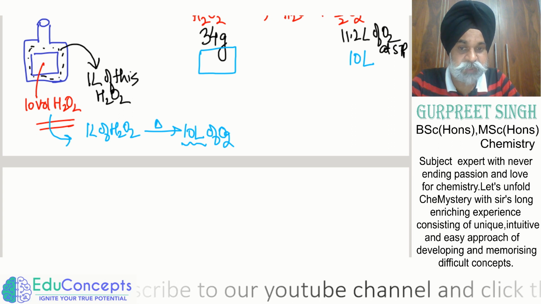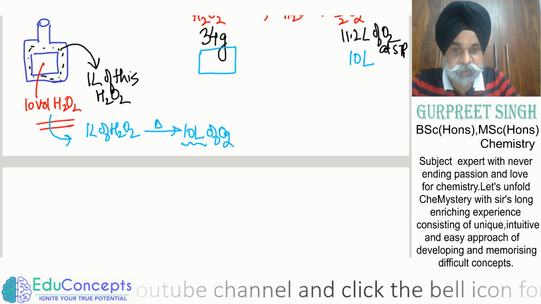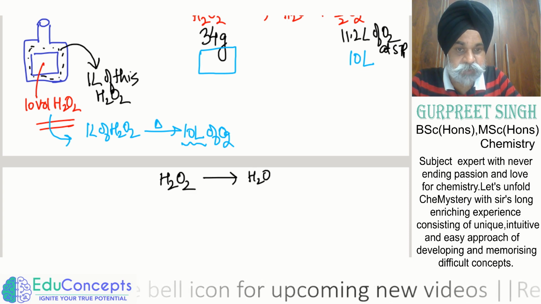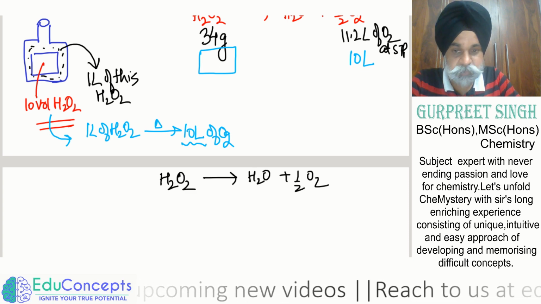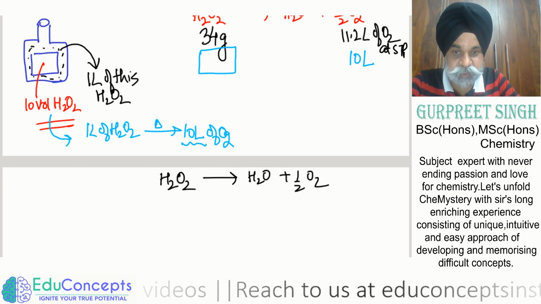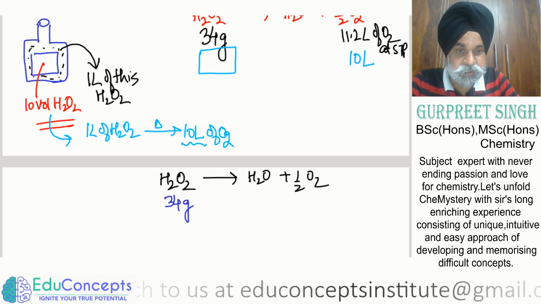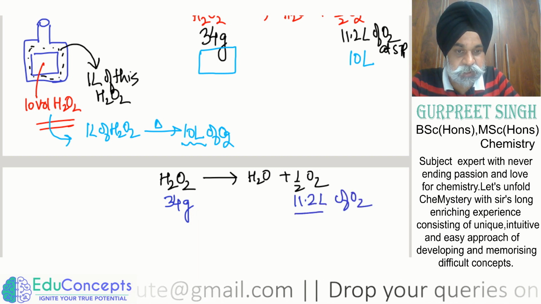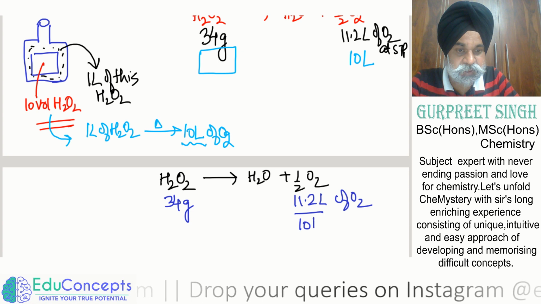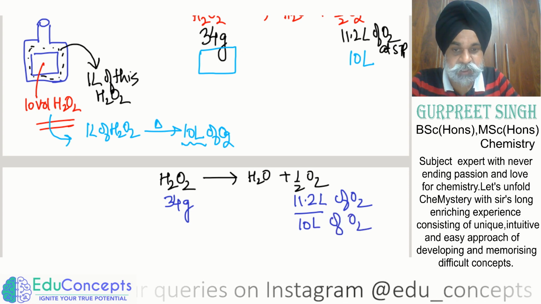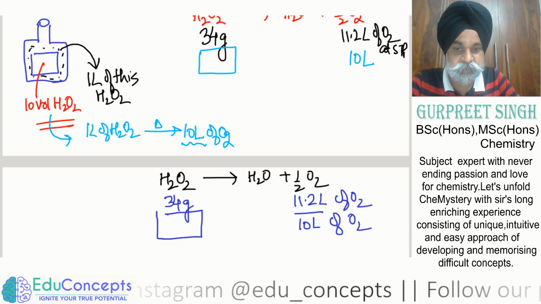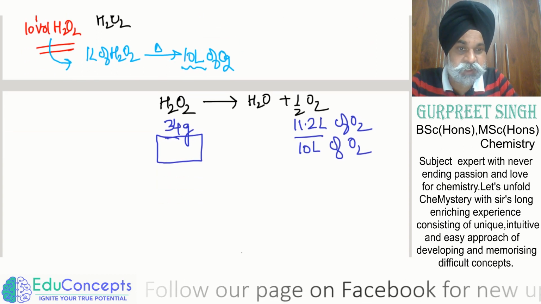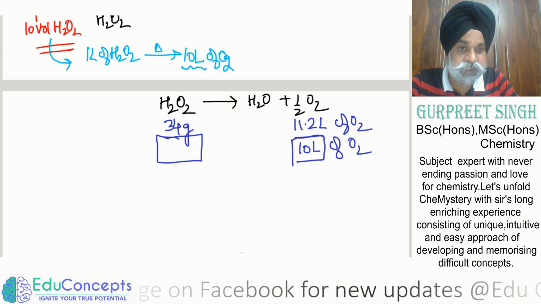तो हम ये कहने वाले हैं, let me write it once again so that I could bring out some space here. So what I'm saying is, let me write it in SPD way. 34 grams, this is going to produce 11.2 liters of oxygen. So अगर मुझे 10 liters of oxygen produce करने हैं, तो ये मुझे कितना चाहिए होगा. ठीक है, और कॉन्ट्रेरी ये साथ याद रखना है कि ये जो 10 लीटर produce हो रहा है,